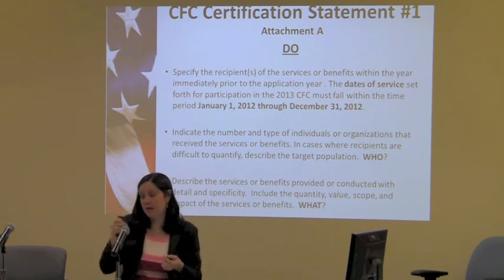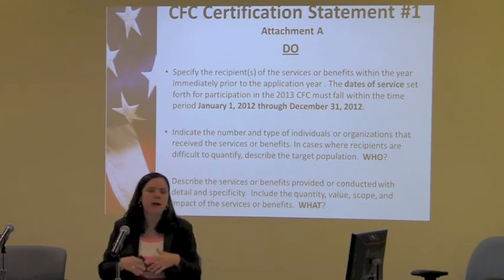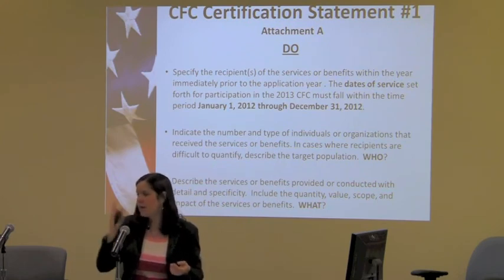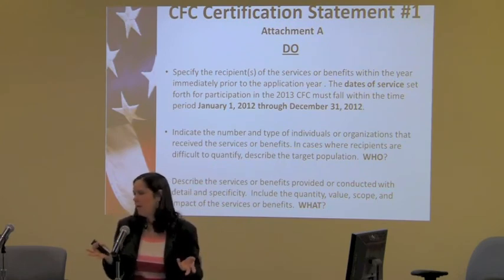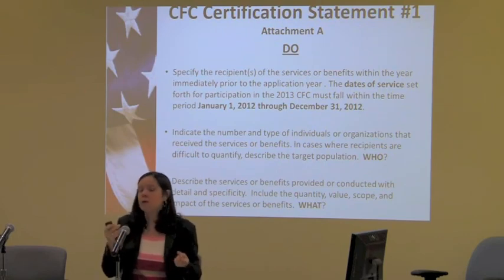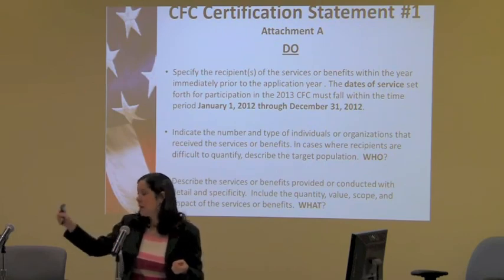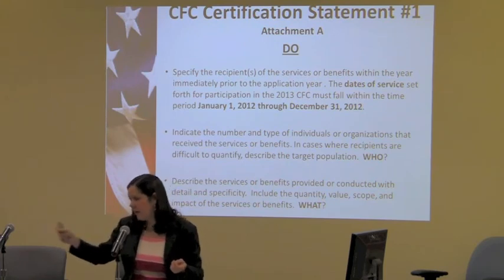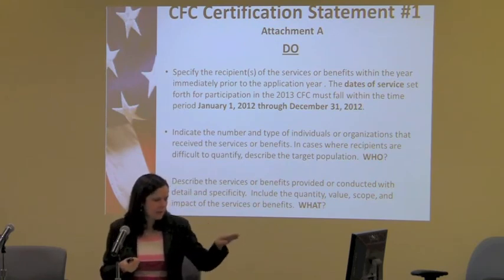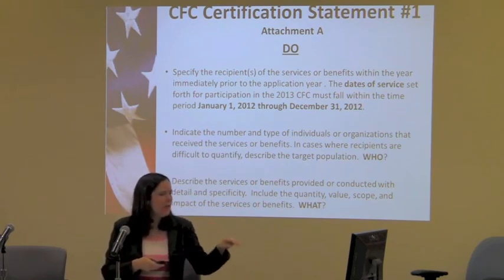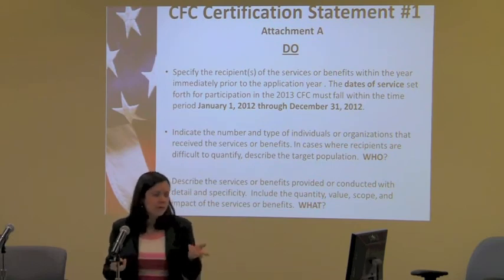Show that you gave real services and be specific. If it was in Queens, how many grants did you give to Queens? How many warm coats did you give out in Queens? How many warm meals did you serve? How many kids attended your arts program? Where were they from? You don't have to give names, but say 350 kids from this high school participated in the day that we had there, that sort of thing. So that's two. Describe the target population. What were the services?